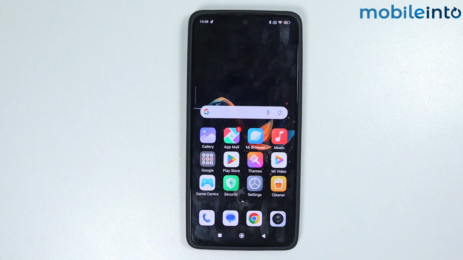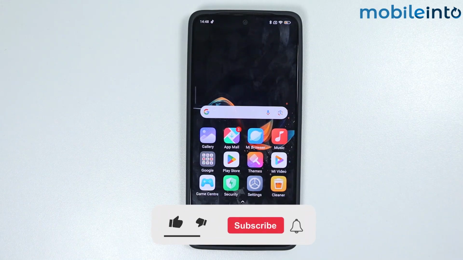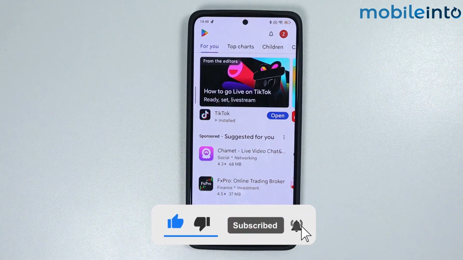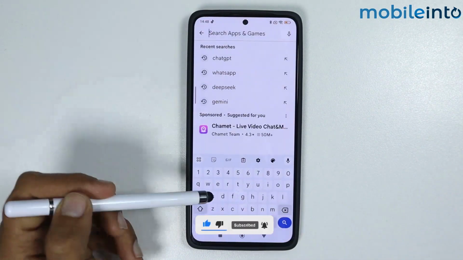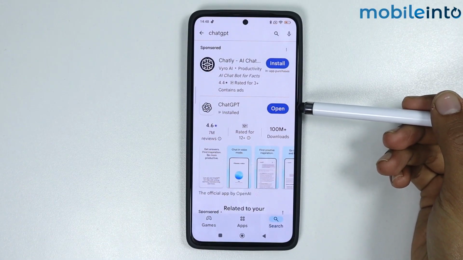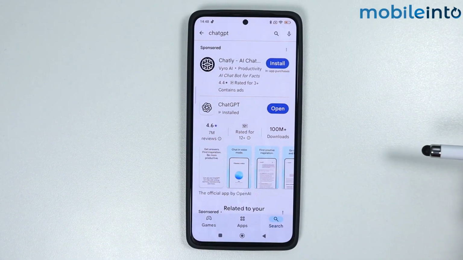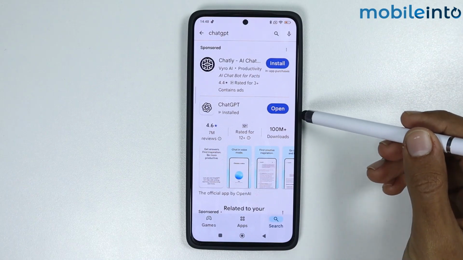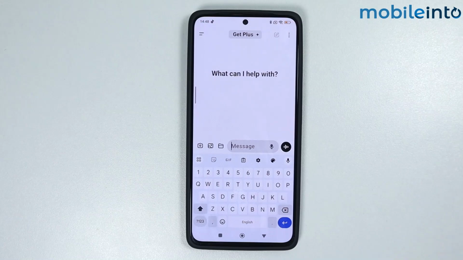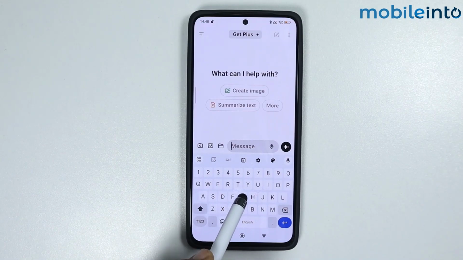Now, first of all, make sure that you have installed ChatGPT on your smartphone. Now, to do that, just go to the Play Store. Now, from here, search ChatGPT. Now, as you can see, I have already installed ChatGPT on my smartphone. If you have not installed it yet on your smartphone, just tap on Install, and once the app is fully downloaded, tap on Open. Now from here, let's ask ChatGPT something like,